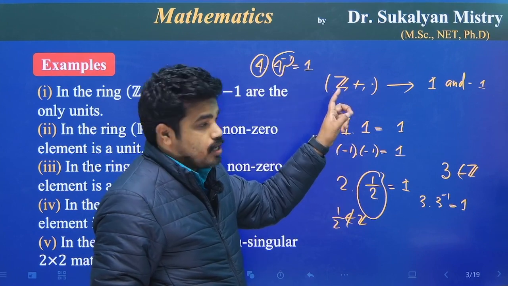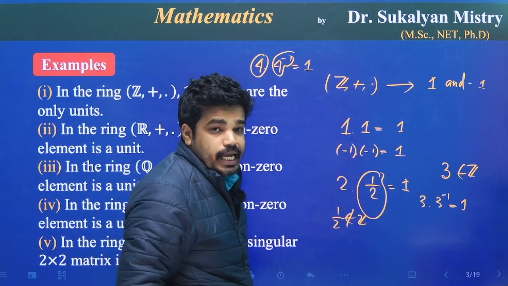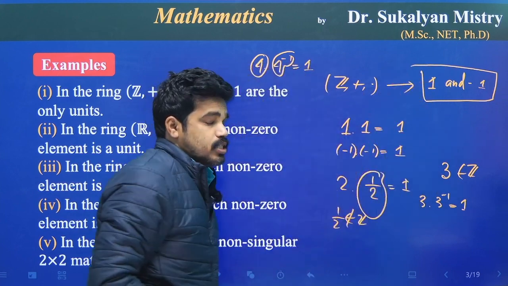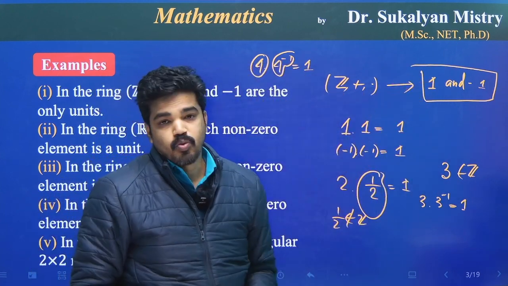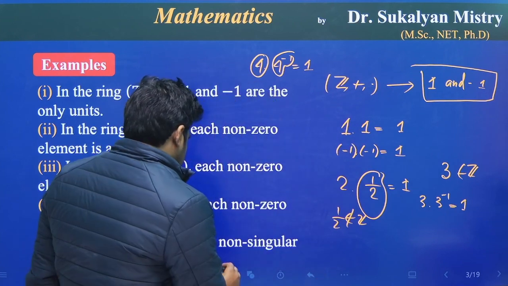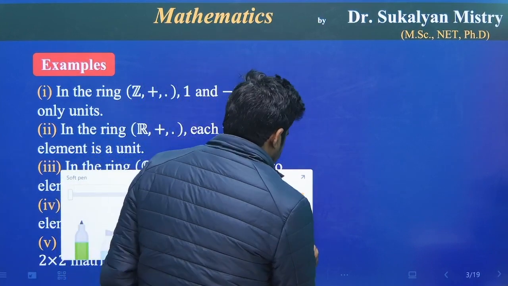Okay? তাহলে Z এর ইউনিটস এলিমেন্ট গুলো কি হবে? The only unit elements of Z are 1 and -1. The only units of Z are 1 and -1. Clear? Okay? ঠিক আছে, so similarly if we consider the ring of integers,